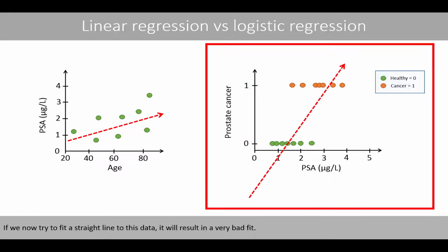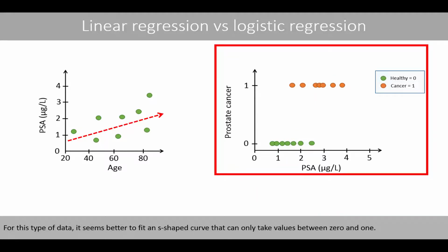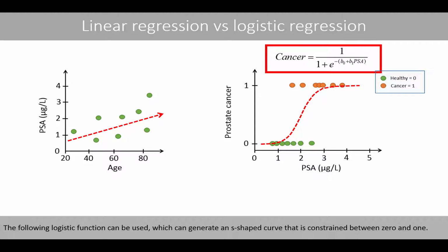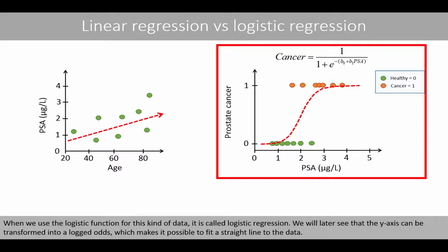If you now try to fit a straight line to this data, it will result in a very bad fit. For this type of data, it seems better to fit an S-shaped curve that can only take values between 0 and 1. The following logistic function can be used, which can generate an S-shaped curve that is constrained between 0 and 1. When we use the logistic function for this kind of data, it is called logistic regression. We'll later see that the y-axis can be transformed into logged odds, which makes it possible to fit a straight